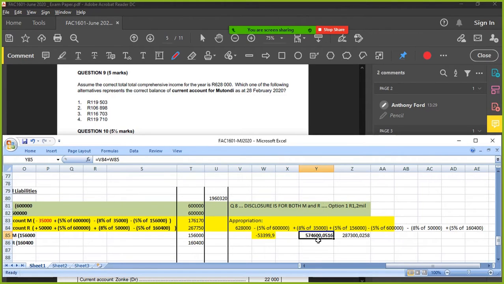Looks like it. Is that right? This plus that. Yeah, that's right. And then divided by 2. Okay, yeah, I assumed it was 50-50. Okay, so if it's 50-50, each partner is going to get half of that. So that's the answer. Okay, great. So that means those figures there